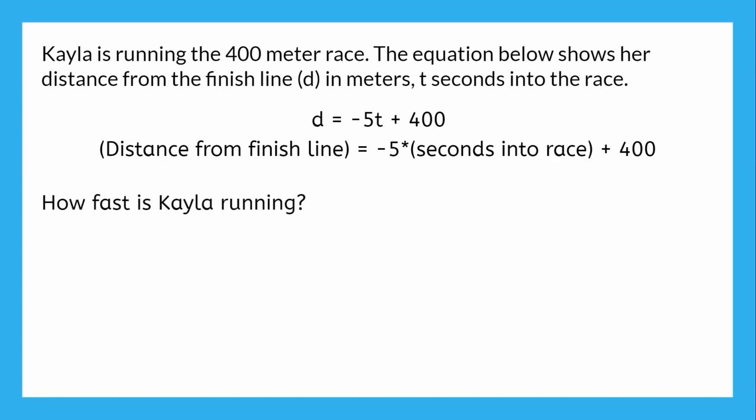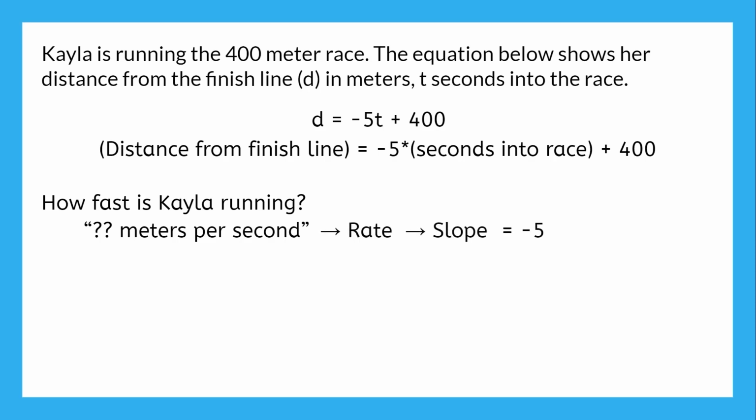So how fast is Kayla running? Her speed will be measured in meters per second, which is a rate, and the only rate in a slope-intercept form equation is the slope, -5. Remember, that's the rate that her distance from the finish line is decreasing. So if she's getting 5 meters closer every second, then her speed running towards the finish line is +5 meters